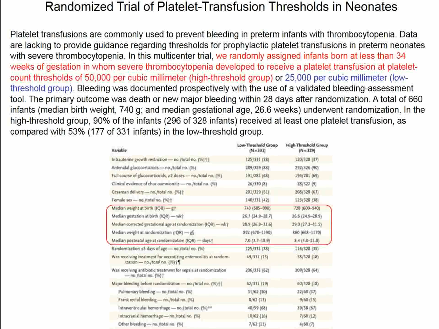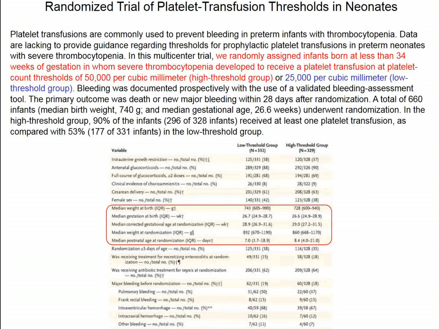And so these infants were randomized to receive platelet transfusions if their platelet count was 50,000 or if their platelet count was 25,000. And the physicians were actually pretty convinced that the 50,000 platelet threshold would be better than allowing these children to drift down to 25,000 platelets, which would even make me nervous. So if we look at these two groups of patients, they had a birth weight of 743 grams. That's pretty premature. But by the time they were randomized to this study, they had gained about 100 grams in weight, but still 800-gram infants are very premature, and their